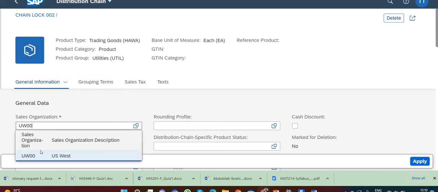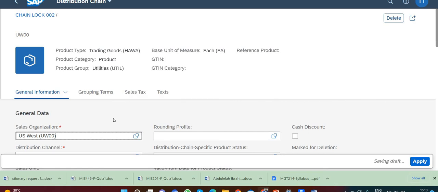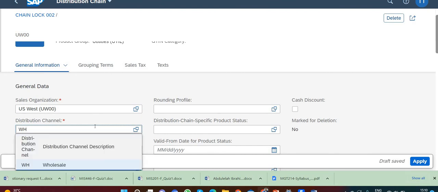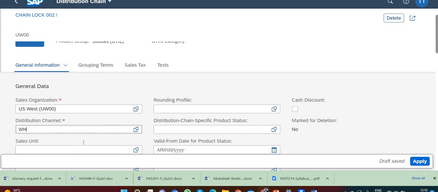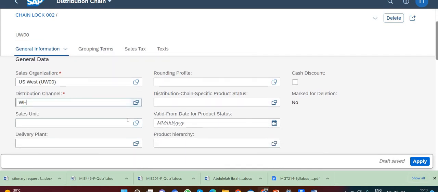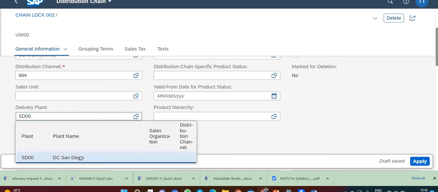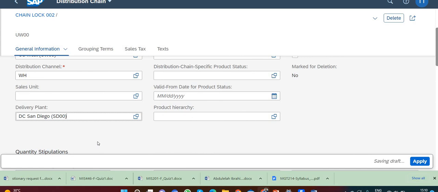Now this organization is different from the previous one. UE was for north, for east, and UW for west. Distribution channel is again WH. Delivery plant is SD00. So now the delivery plant is also changed. SD, San Diego. And then